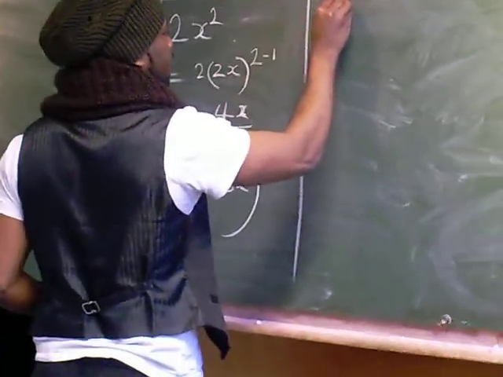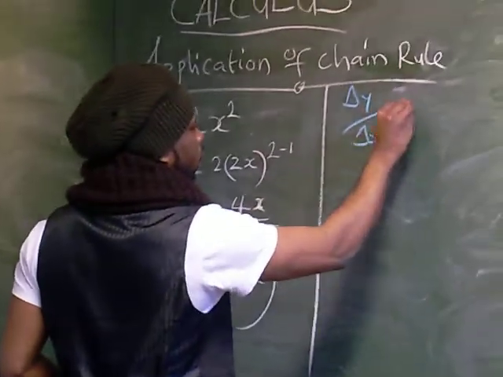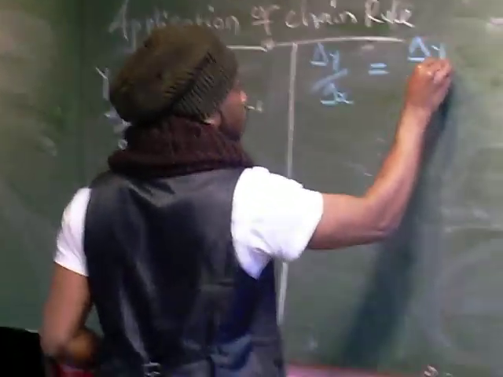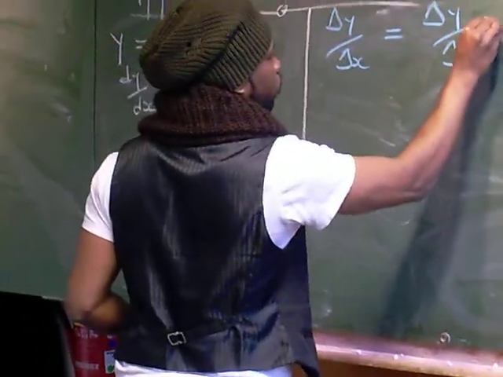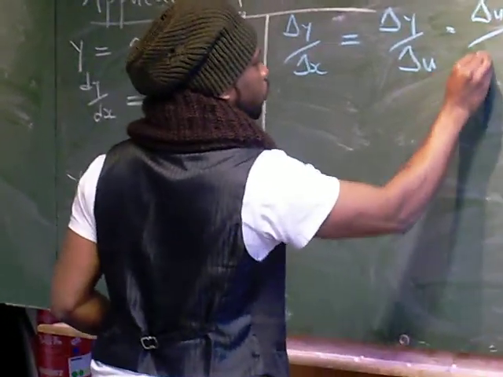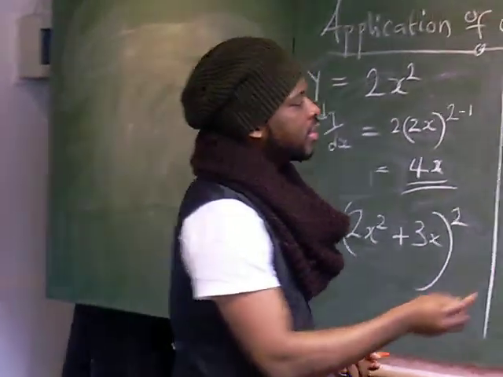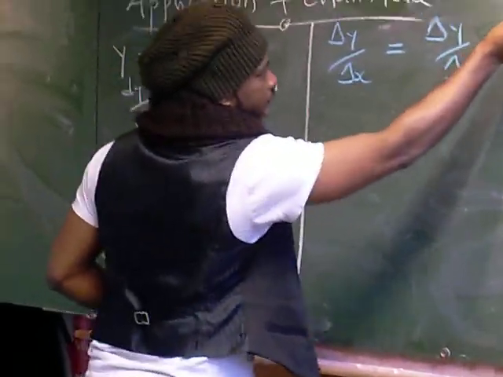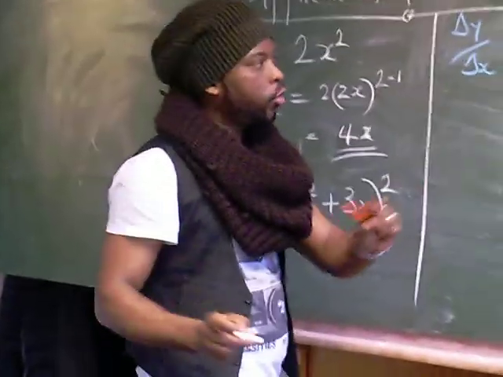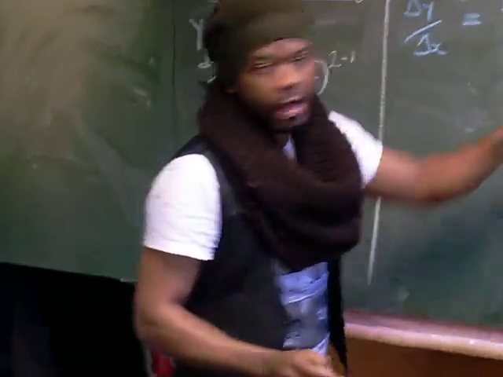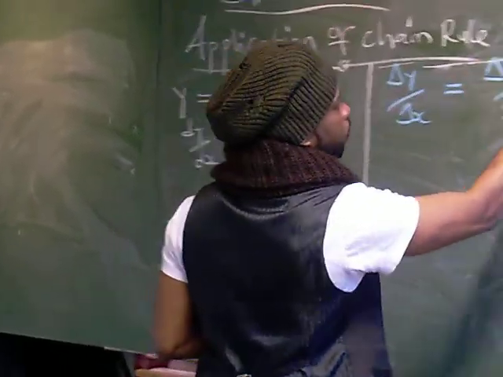dy/dx is dy/du dot du/dx. The reason is because if you look very well, you can easily cancel the du and the du out, and at the end of the day, we are going to be getting the dy/dx. Okay? So,